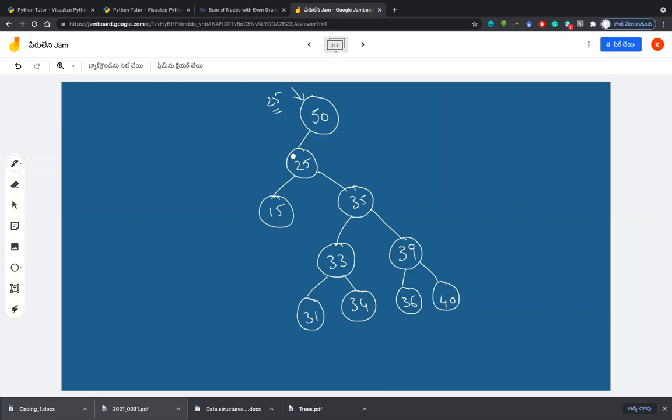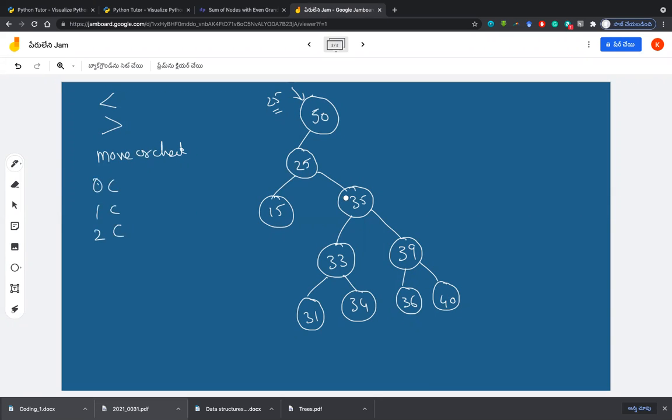So what I will do, I will find out whether this node has 0 children, 1 child or 2 children. This is the second condition I will find out. First is less than, greater than, then move or check. Next condition is whether 0 child, 1 child or 2 children.